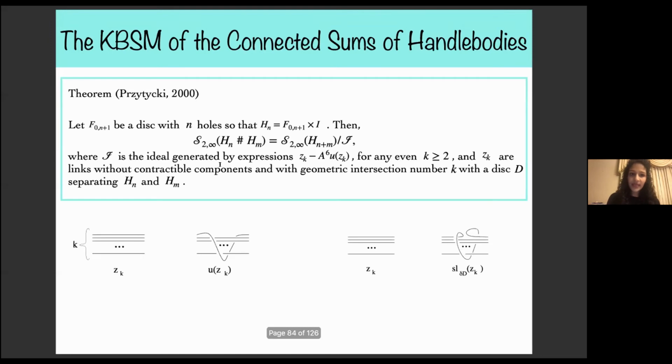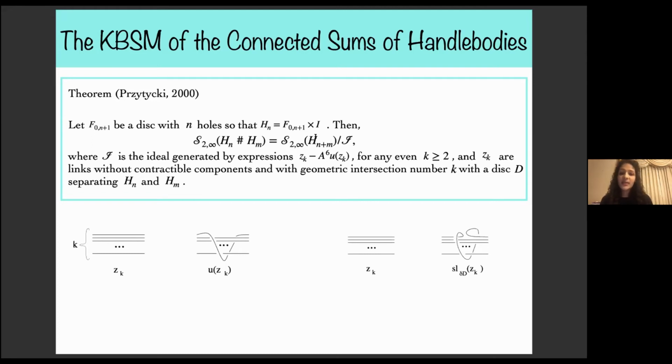So in the year 2000, Józef Przytycki stated the following theorem. He stated that if you have a disk with n holes, F_{0,n+1}, and you consider the handlebody H_n, a genus n handlebody, which is the I-bundle over F_{0,n+1}, then the Kauffman bracket skein module of H_n connected sum H_m is equal to the Kauffman bracket skein module of H_n